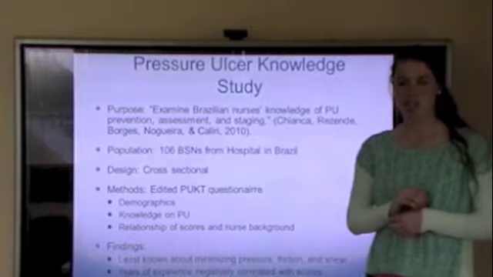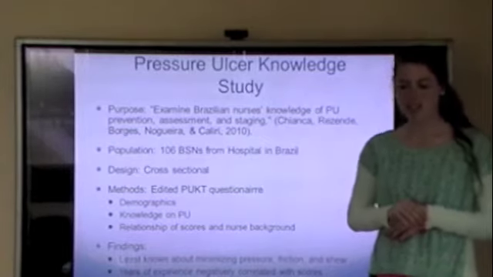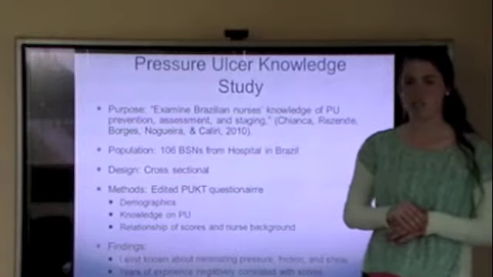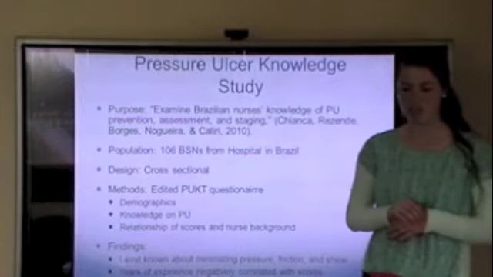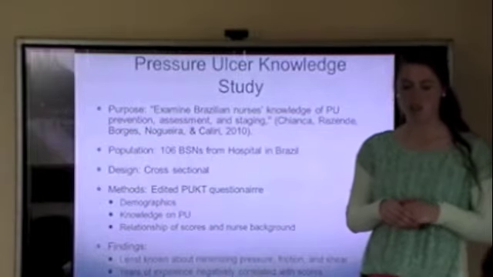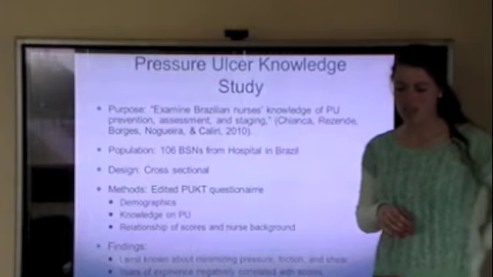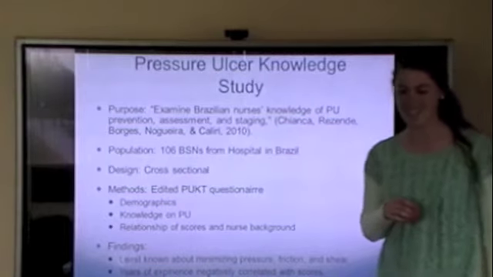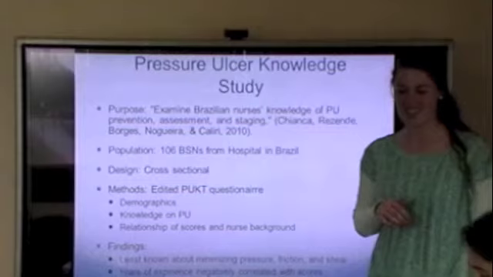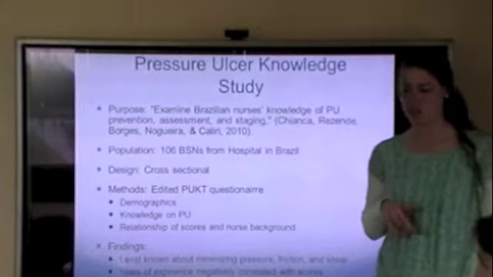The first section assessed information on demographics and education of the nurses, and then the second section was a questionnaire that consisted of 47 questions to assess pressure ulcer knowledge, with answers being true, false, or don't know. The results of this section were then analyzed via the Pearson correlation test. Finally, the researchers looked at the relationship between the scores and each nurse's experience on floors.